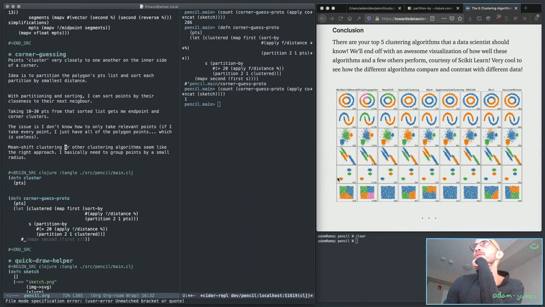So this particular cluster type here, where they're kind of bunched groups like that, it seems like I could do a few different types here. The problem with k-means,